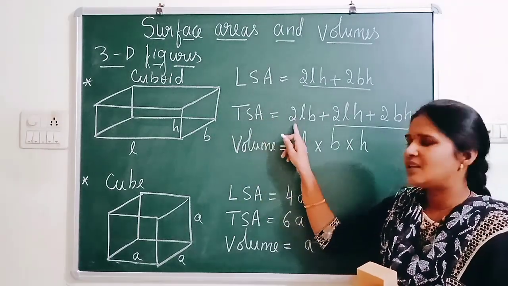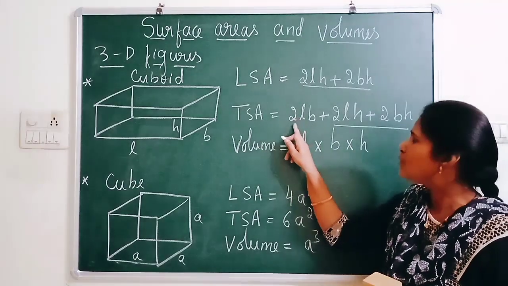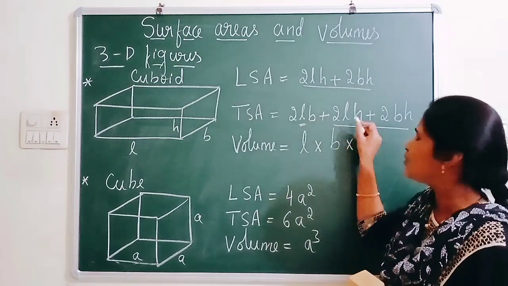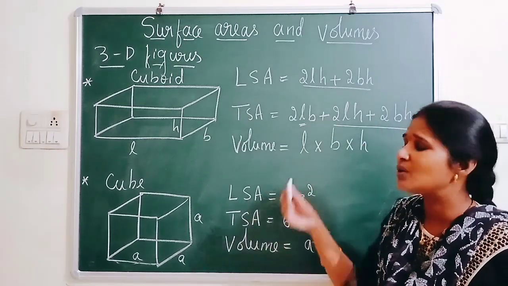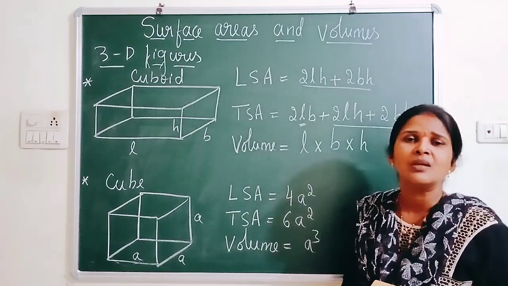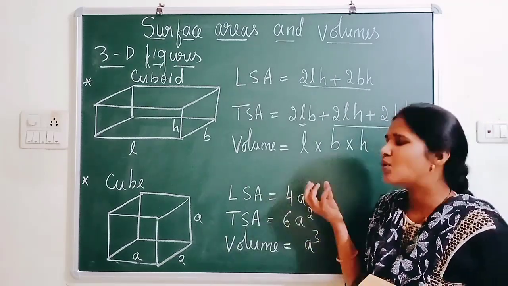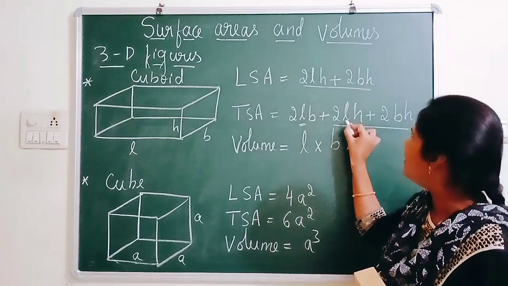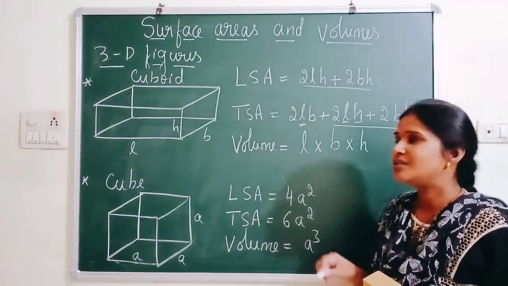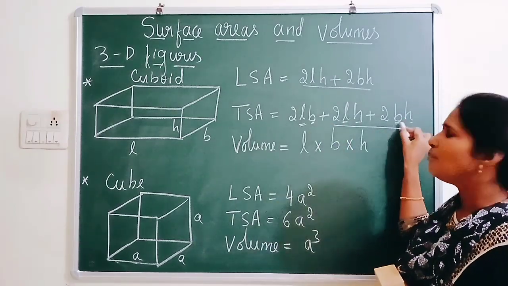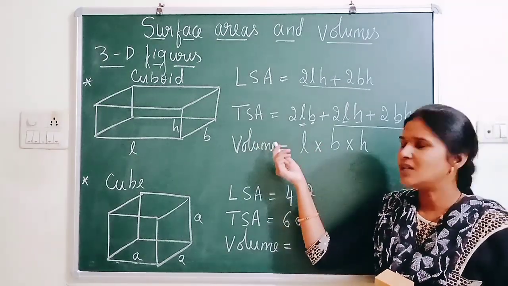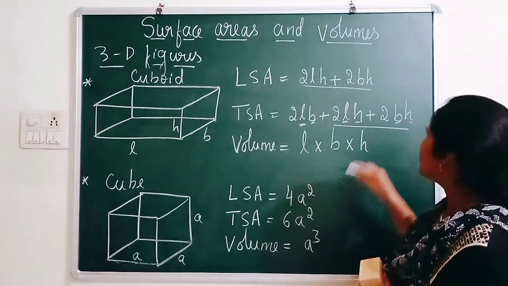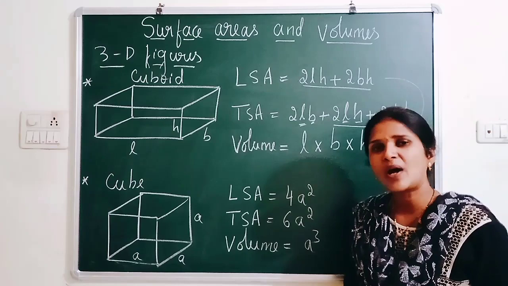So the total surface area includes 6 faces, that is 2 into LB. As you know, the area of a rectangle is LB, and for L you can take one H. Easy to remember. I am telling how to remember because formulas are very important. Sometimes in that tension you may forget the formula. These are small tips to remember the formula. So 2LB is the area of the rectangle, and for L you just join one H, becomes LH. And for B also you take one H, BH. So the TSA of a cuboid is 2LB plus 2LH plus 2BH. And these are square units. We have to write them as square units.